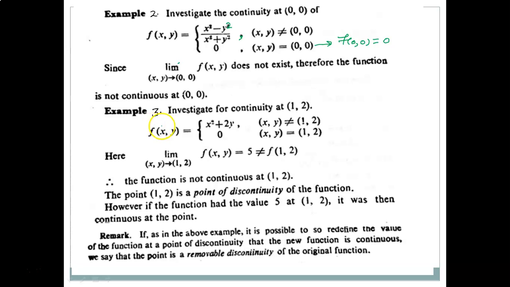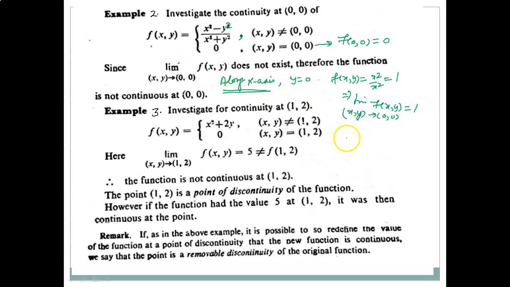Now you will see that the limit of this does not exist. For example, as in the earlier case, when you approach the origin along the x-axis, what happens? y equals 0. When you put y equal to 0 here, the value of this function comes out to be x² divided by x², and that is equal to 1. So you can say the limit as (x,y) tends to (0,0) of f(x,y) is 1 when it is approached along